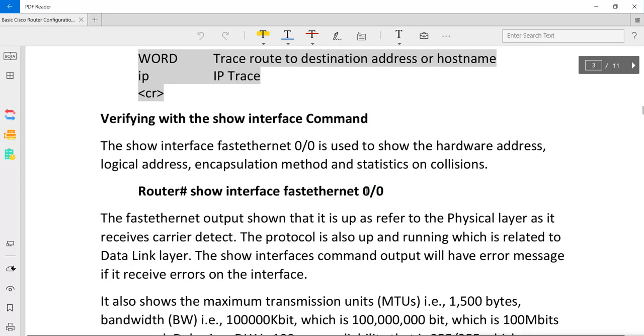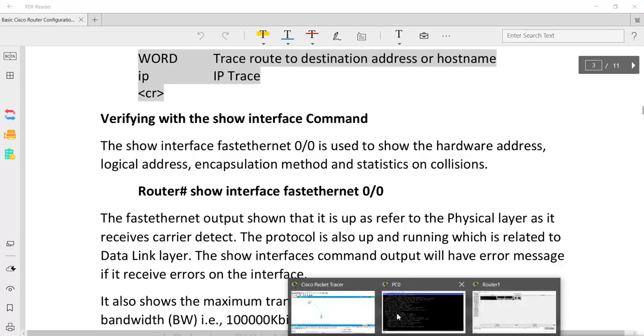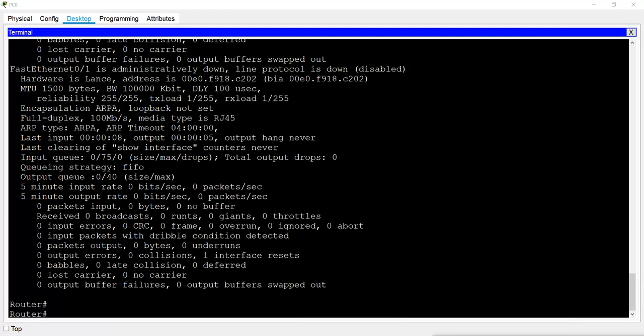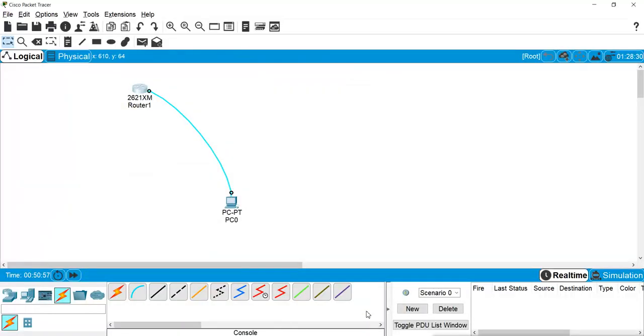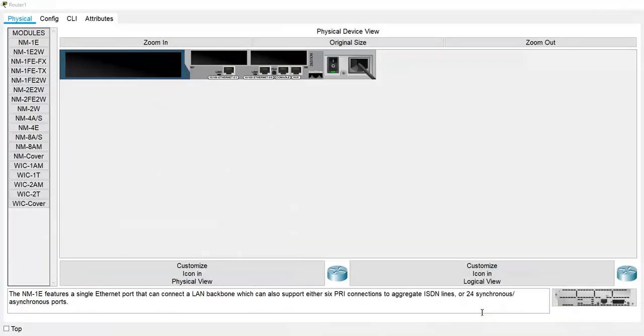Now if you check the physical view of our router, it is here. We have two inbuilt Fast Ethernet interfaces, Ethernet 0 and Ethernet 1. But it is not a simple number like 0 or 1. It is 0/0 and 0/1.